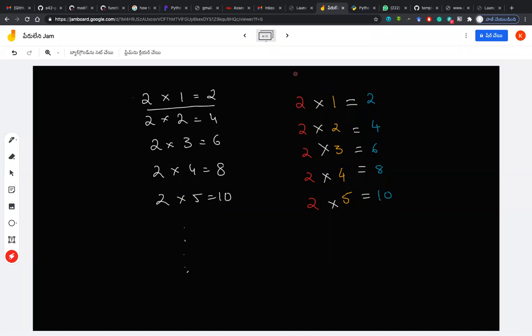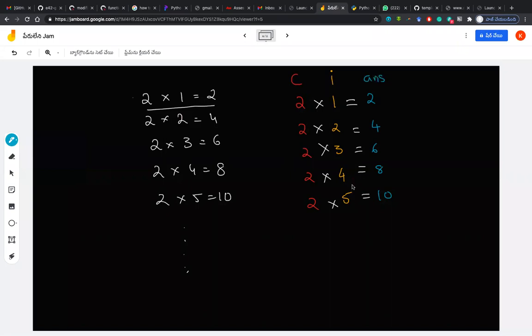Here you observe that this is considered one value because it looks constant. Everything is repeated with 2. And this is incrementing actually: 1, 2, 3, 4, 5. Multiplying one constant and one increment, you get a value, so it should be a computed value. So I keep another variable here. I take this variable as the constant, 2, this variable as the increment, I, and this variable as the answer, ANS.